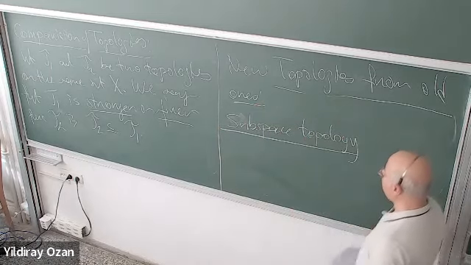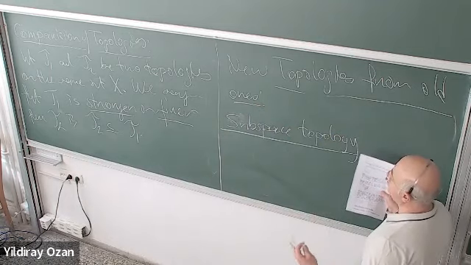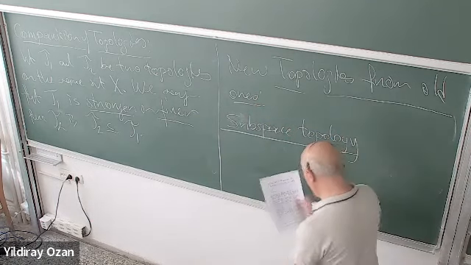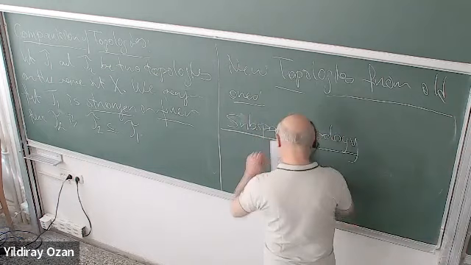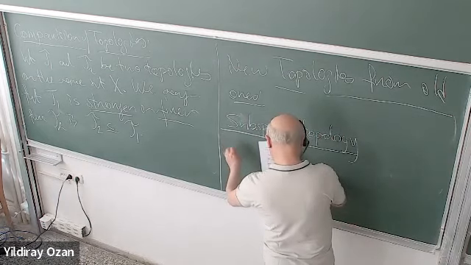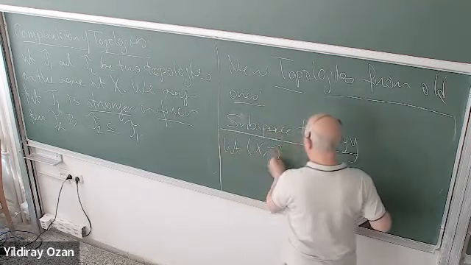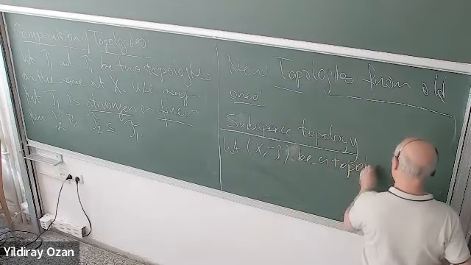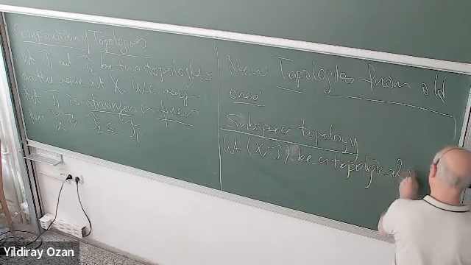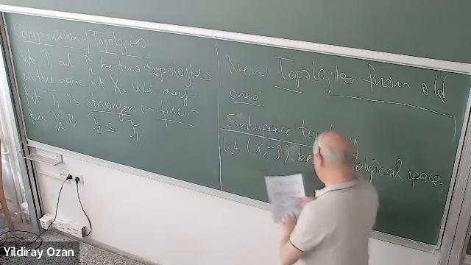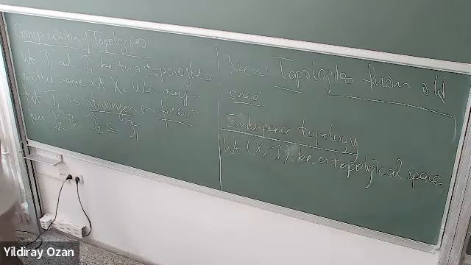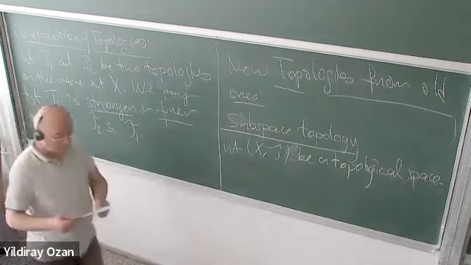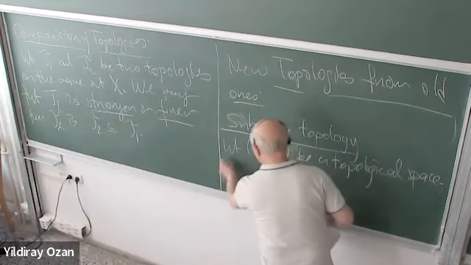So what are we going to do? We will start with the topology, and using that topology, we will try to obtain new topologies. One of them is subspace topology. So let (X, tau) be a topological space. Any subset